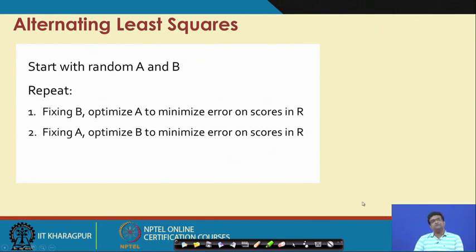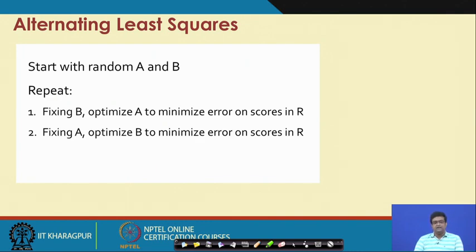The algorithm for solving this problem is very simple. It is called the alternating least squares algorithm. We start with random matrices A and B, which are the user matrix and the movie matrix.